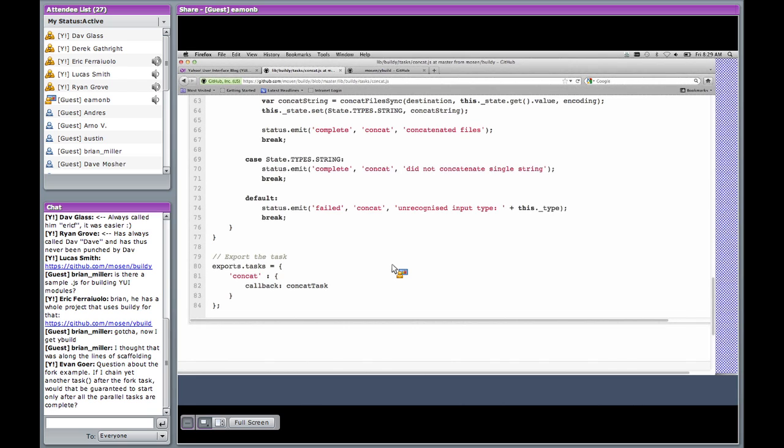As far as building YUI modules, that's really what ybuild is for. You don't have to construct a Buildy queue to build YUI modules because ybuild is sort of a self-contained thing that takes over from YUI Builder.